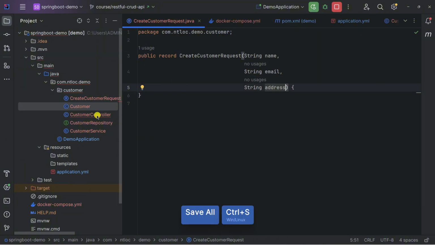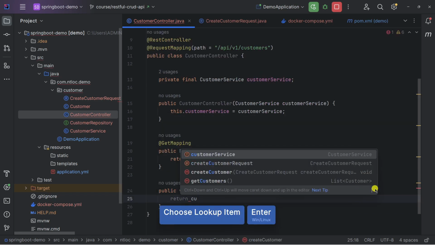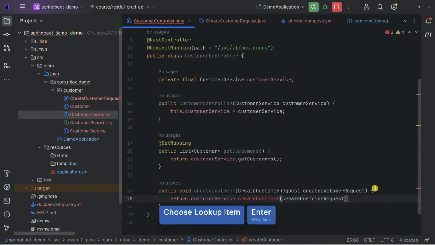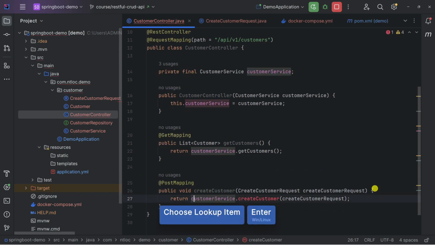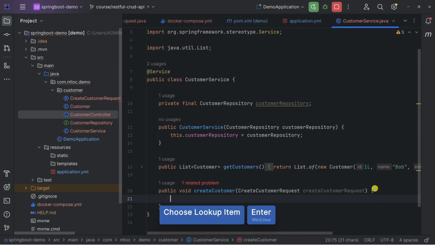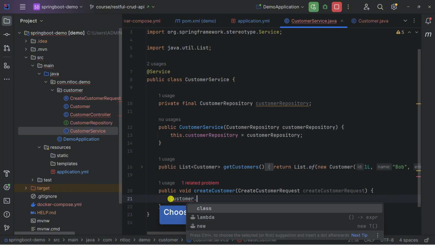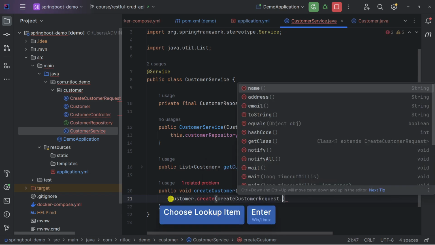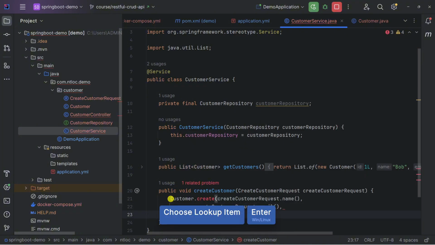So okay, cool. Let's go back to the customer controller. Then I would like to return customerService.createCustomer. On the method, I would like to add the PostMapping, and then simply create a method inside the customer service. And the business logic I would like to type is Customer.create, and inside it createCustomerRequest.name, then also email, and the last one is address.